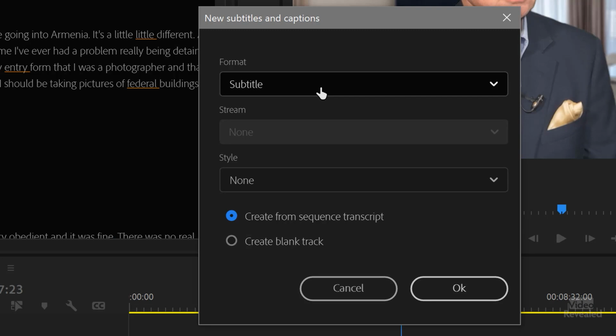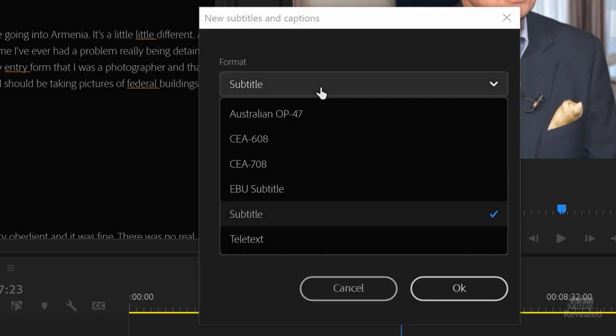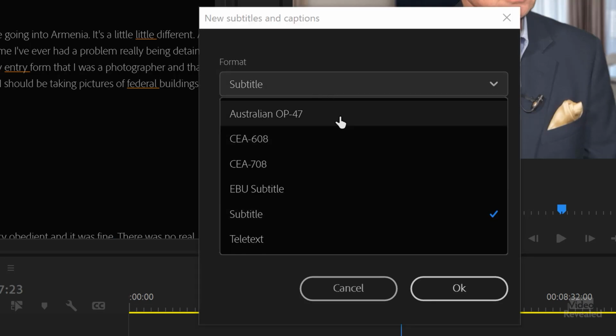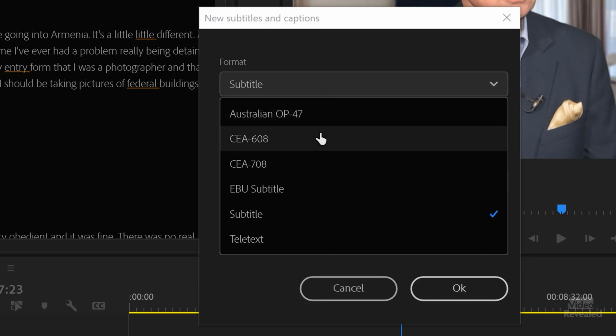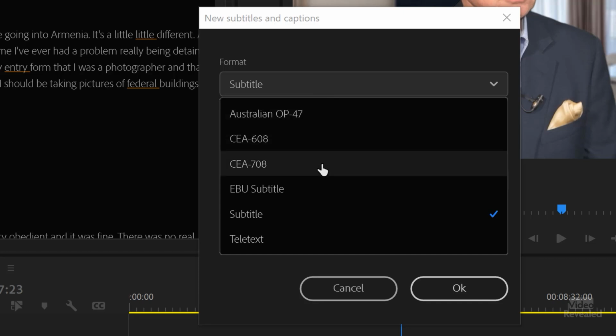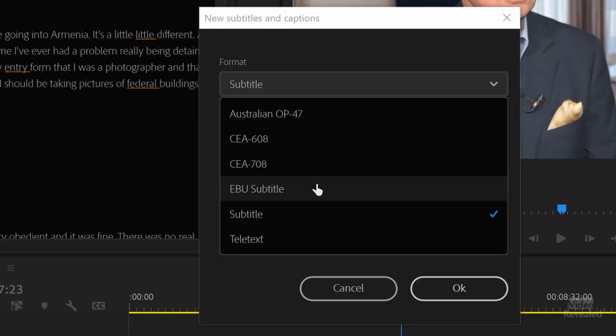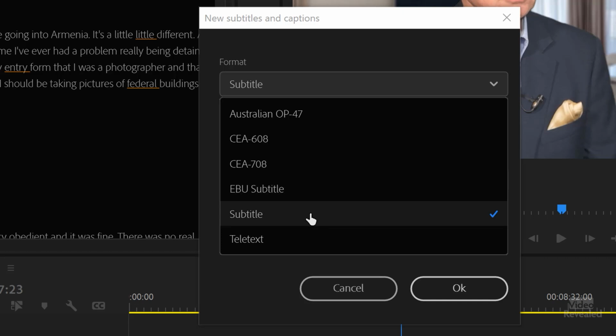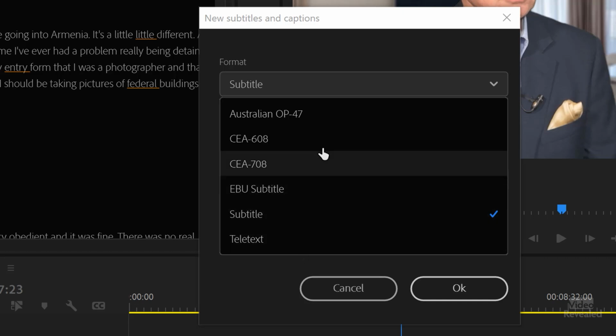So let's just look at the formats. So here's some formats from Australian OP47, 608 and 708. Those are very typical in North America for closed captions. You wouldn't use those for a subtitle where you want to see it. That's if you're going out to broadcast, which we'll show you in a bit. EBU subtitle, just a generic subtitle, and a teletext. So for our example, let's use